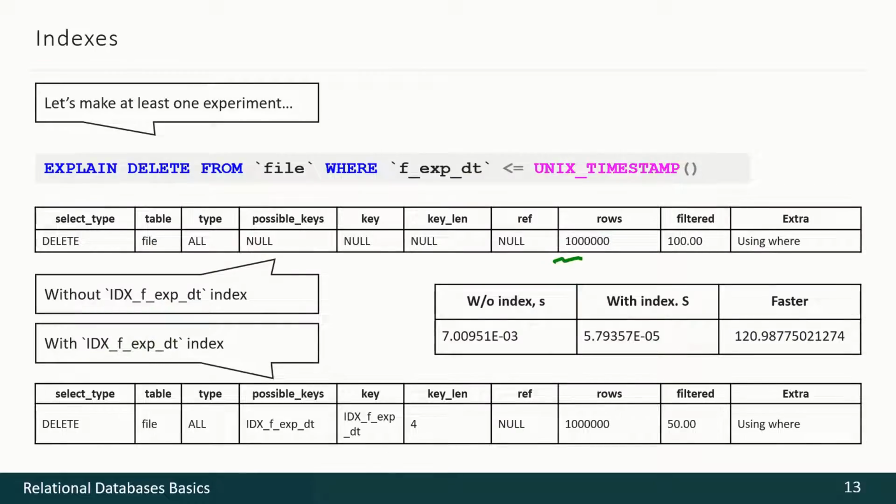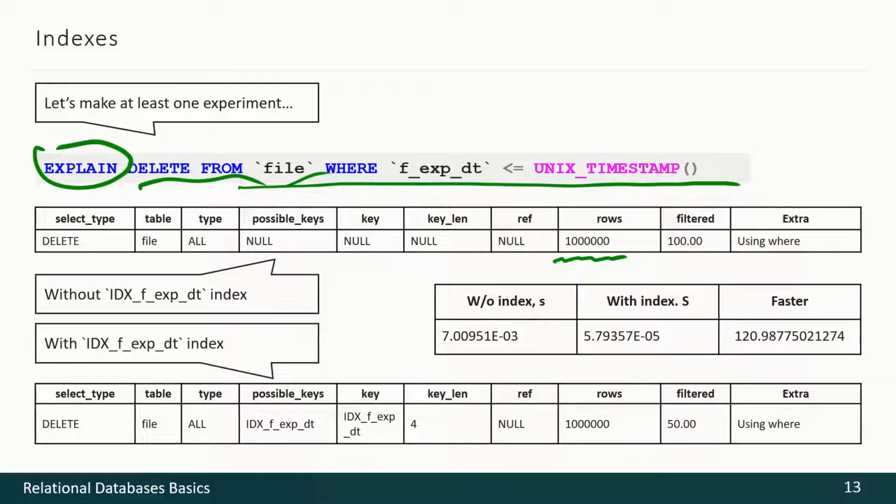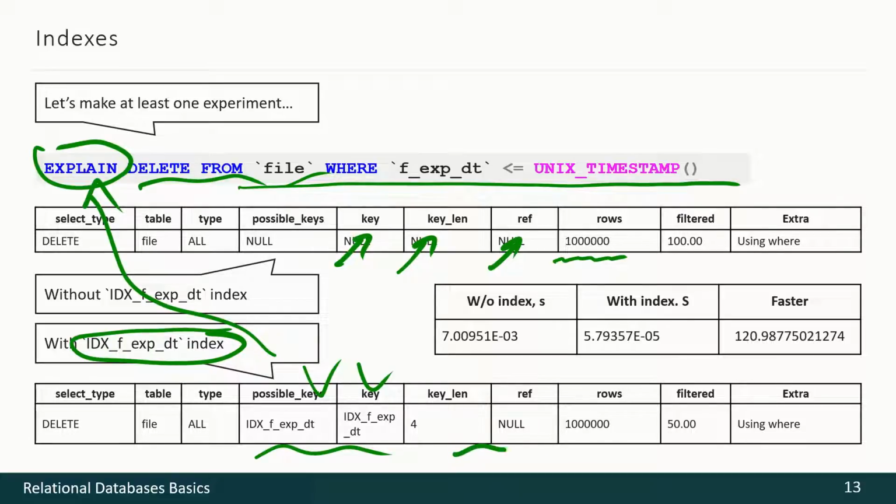Imagine we have a table with a lot of rows and we want to delete expired files. We use explain for this query to see what indexes DBMS may use, and we see no indexes here because no index exists. Then we create an index and run that query again. Here is the result. We see that the DBMS may now use some index.